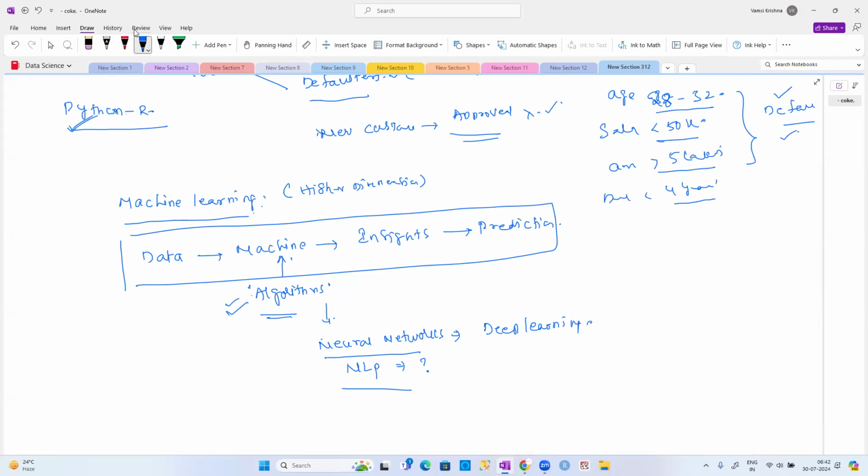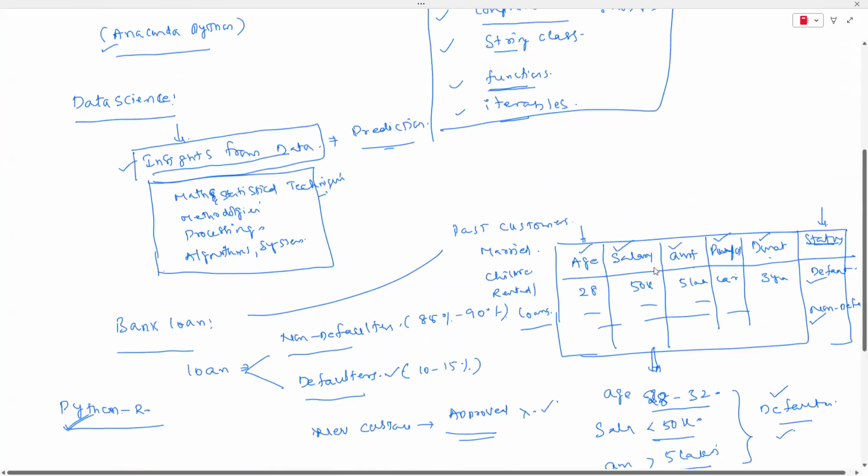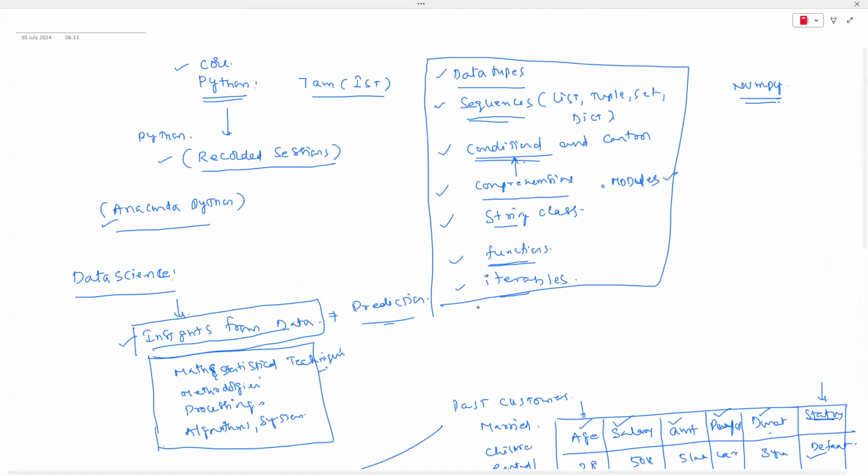And as I said, some people have joined lately. So guys, once again, I'm just repeating it. These classes have already started, and your class timing is from 7 a.m. Just before starting with the main course curriculum, what we do is cover the basic level. They have completed the basic core Python classes.